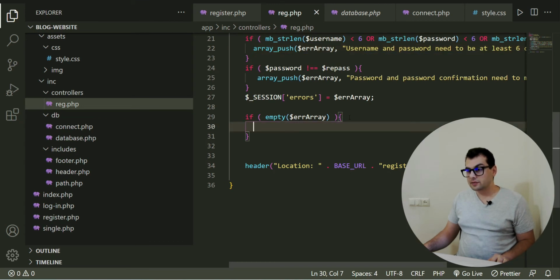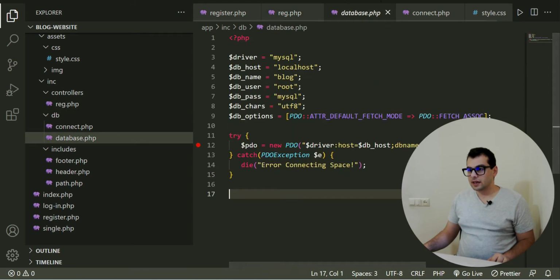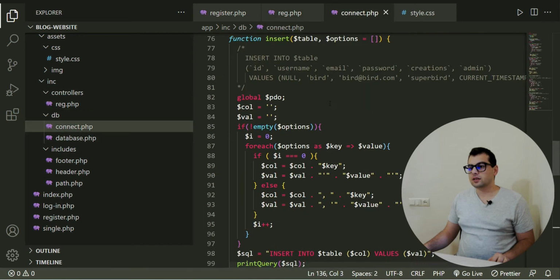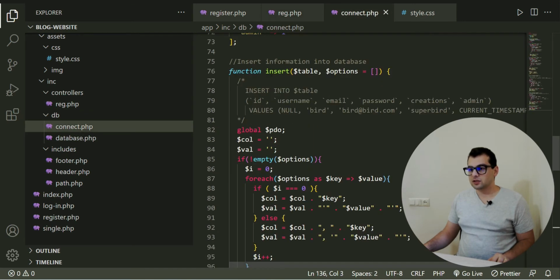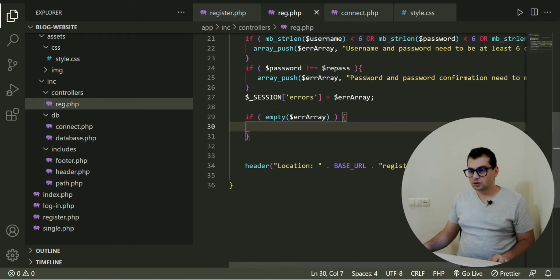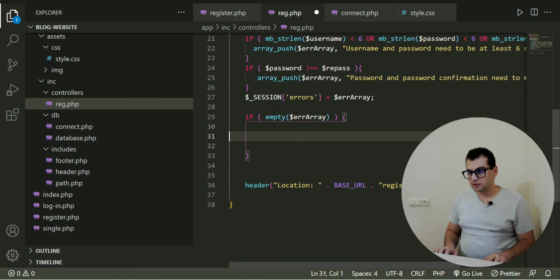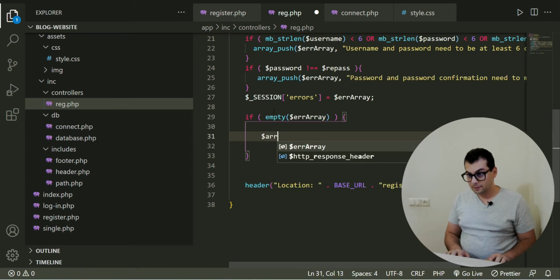And now when everything is correct, let's start adding information to database. And for this, let's remember we have a function in our connect.php which is called insert. First of all, it accepts the table, and second is an array of objects. So let's make that array right now, by doing the following,